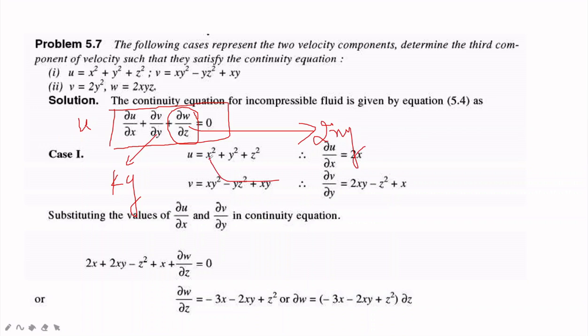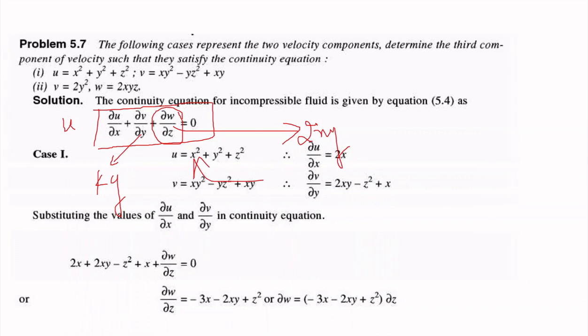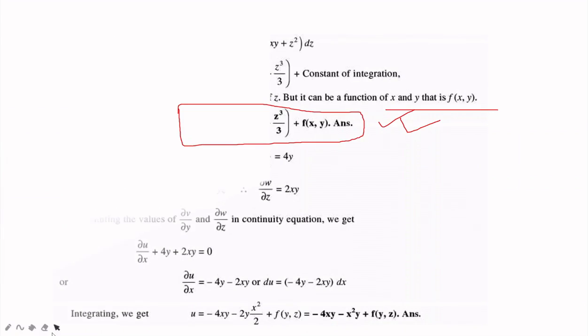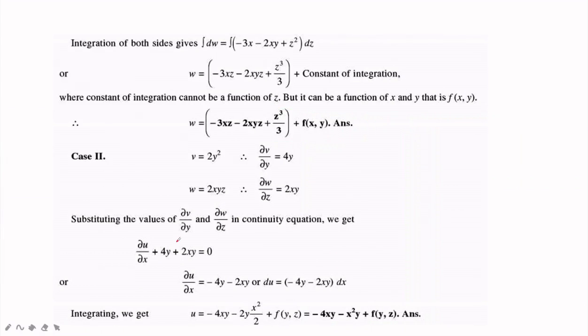Then substitute them in this equation, you will get dou u by dou x as minus 4y minus 2xy. So integrate it, you will get u is equal to minus 4xy minus x square y plus constant of